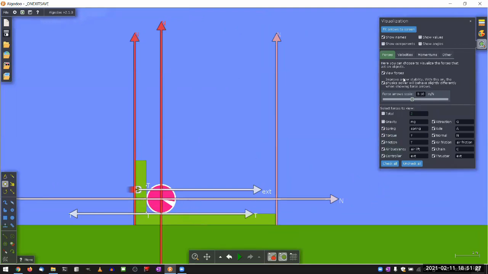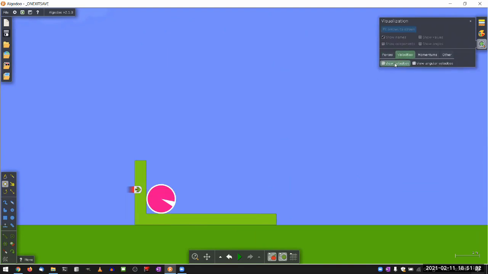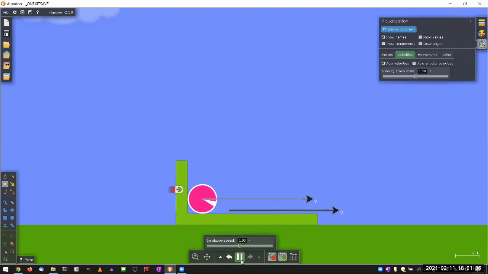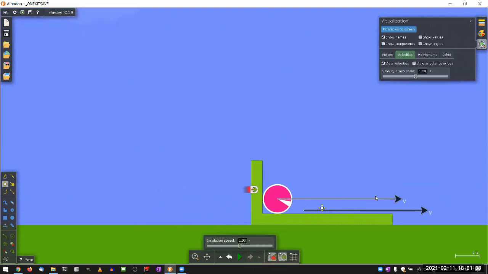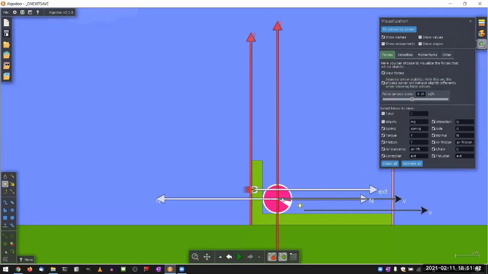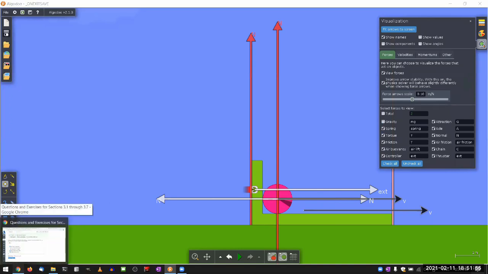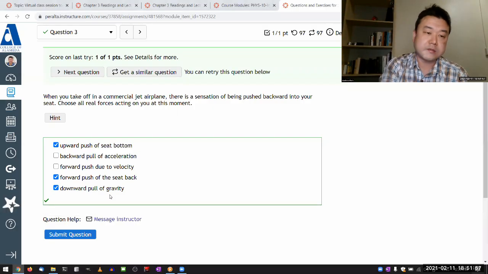That's why if you look at the velocities instead of forces, the velocity of the passenger increases over time. That's what's accelerating the passenger forward. And the only real force that's there that's causing that to happen is a forward force that's coming from the back of the car. I think that's the heaviest lift that we do in physics,